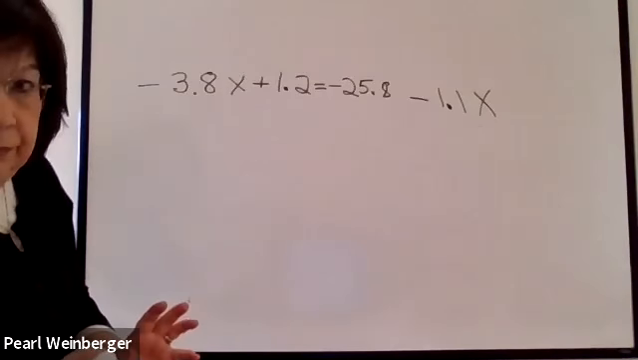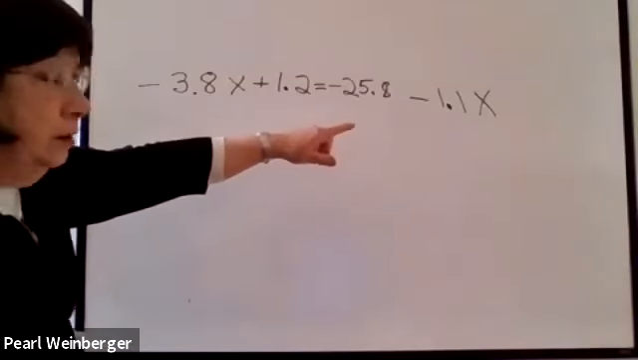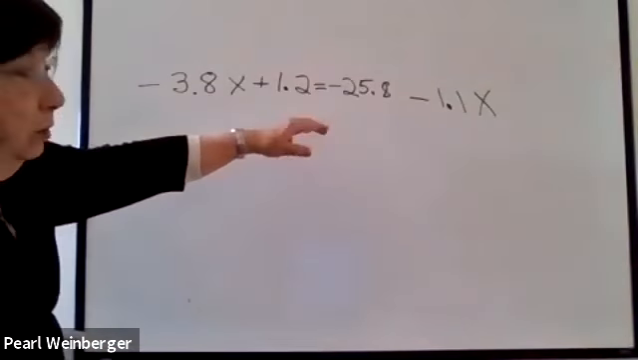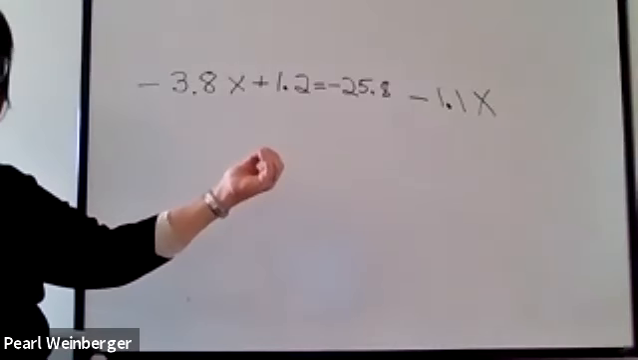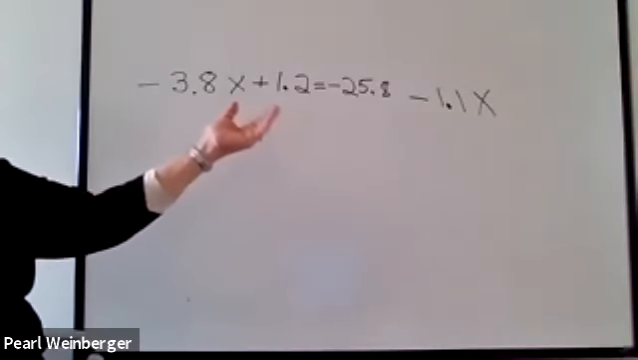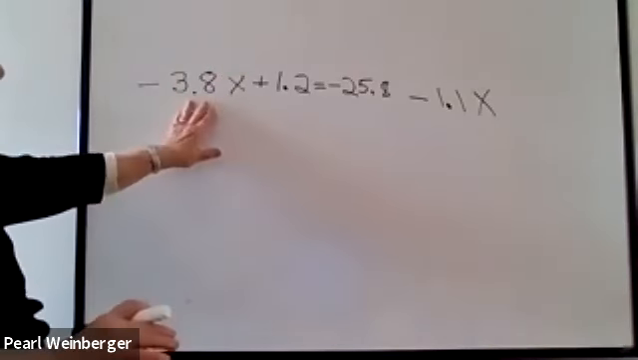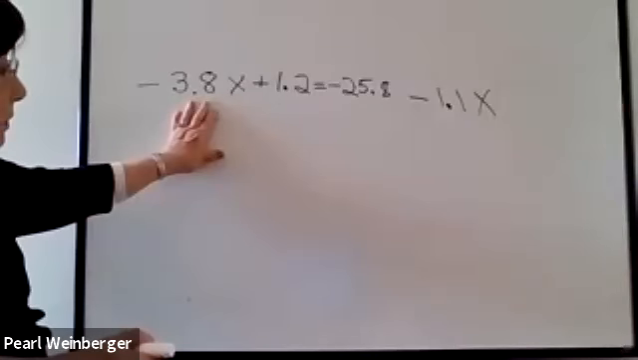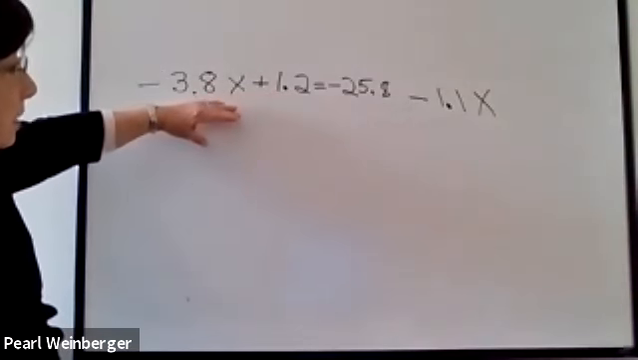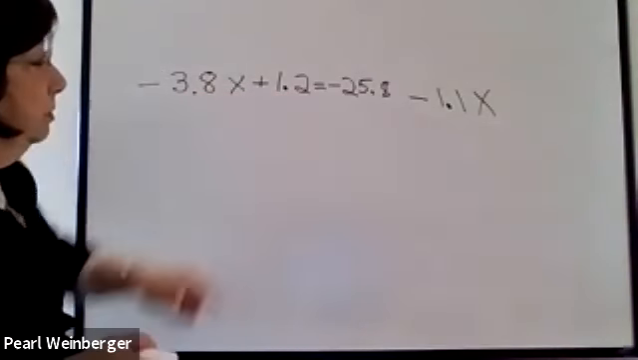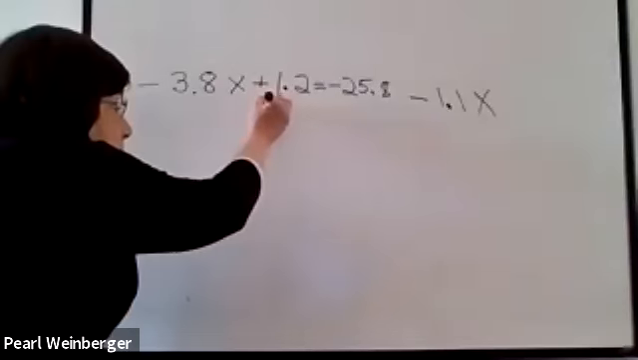Let's remember that when we have an equation, it's not a quadratic equation because there are no x squares. It's a regular linear or first degree equation. We want to bring the x's to one side and the numbers to the other side. And I usually like to have the x's on the left side and the numbers on the right side. So the first thing I see is I'm going to leave this negative 3.8x here, but this 1.2 I'm going to subtract